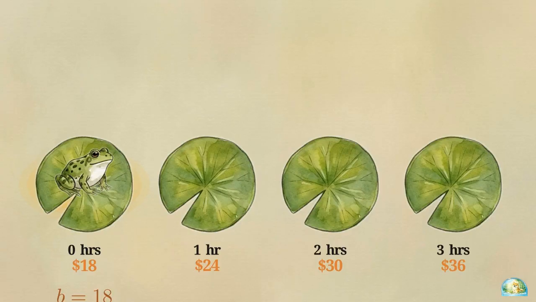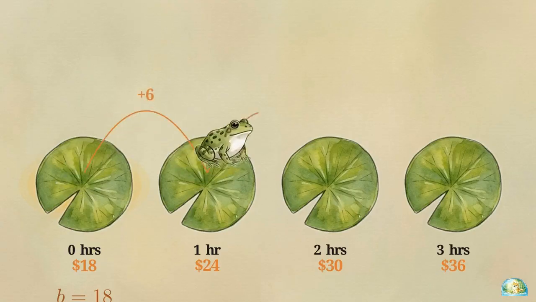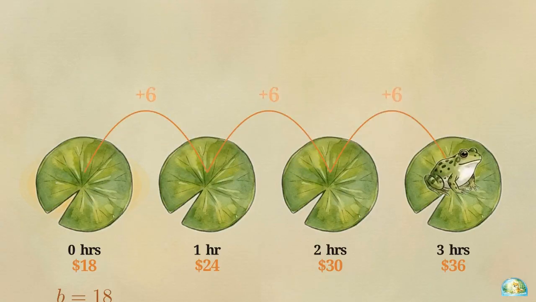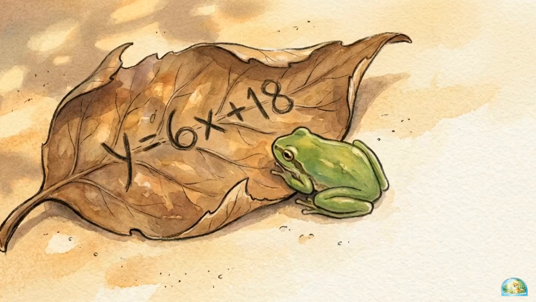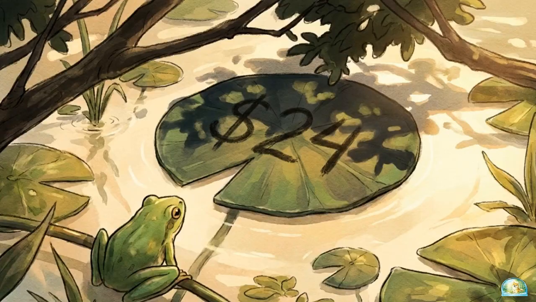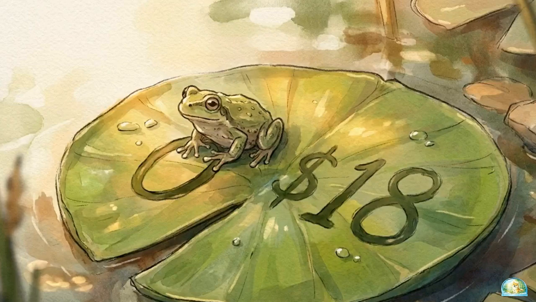Next, we measure the change between steps. Each leap the animal takes adds exactly $6, establishing our constant rate of change at 6. Plugging that 0 state and the constant $6 increase into our standard format yields the linear equation y equals 6x plus 18. Defaulting to the very first number you see in a dataset is a trap. The true initial value only exists where the independent variable is 0, the very first pad where the animal's journey